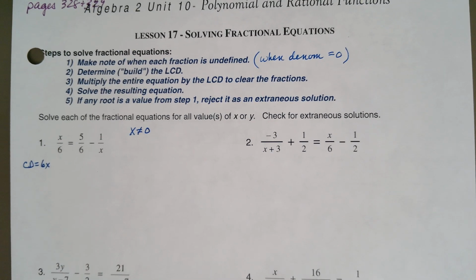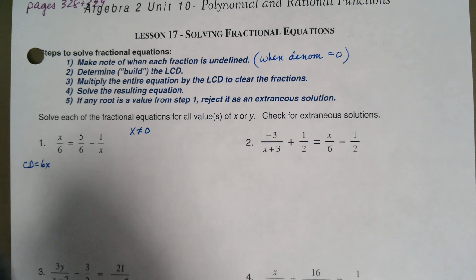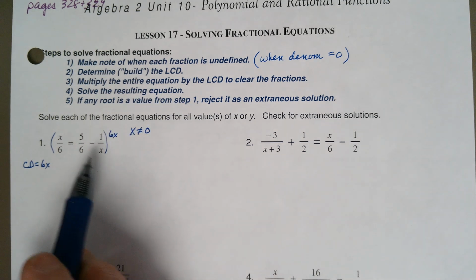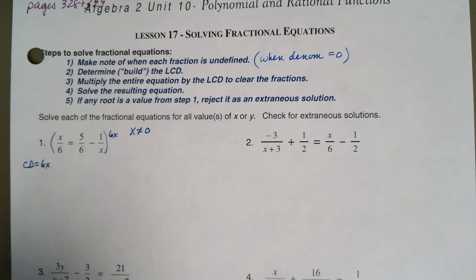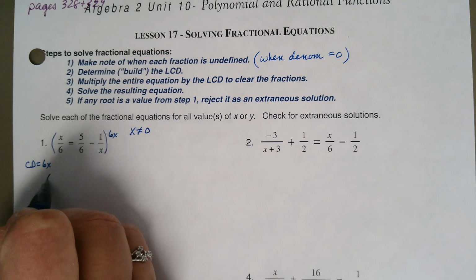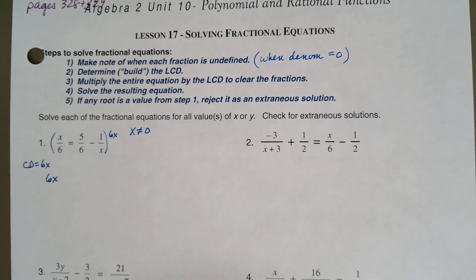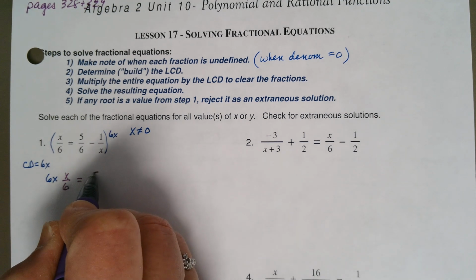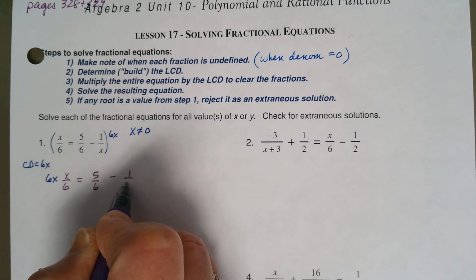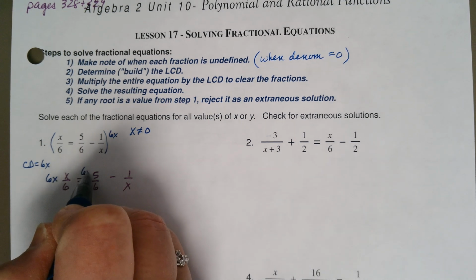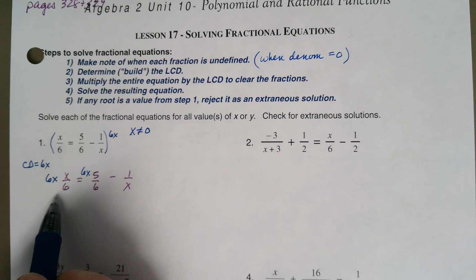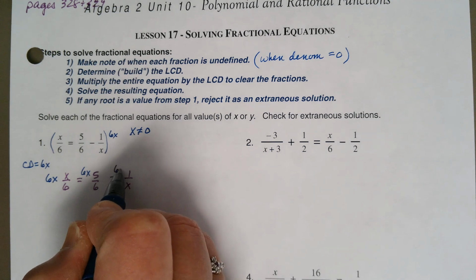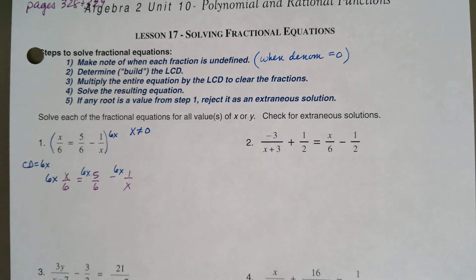We're going to multiply the entire equation by 6x. So I put parentheses around the equation and put 6x out in front, or in this case I put it behind. Now we're taking 6x and multiplying each term there. So we're taking 6x times x over 6 equals 6x times 6 minus 6x times 1 over x. And when we do that,